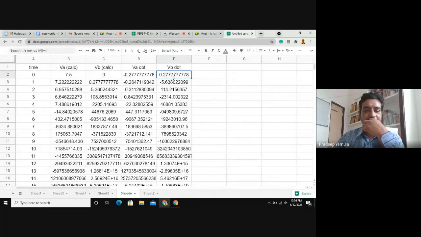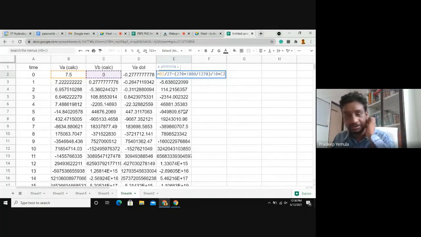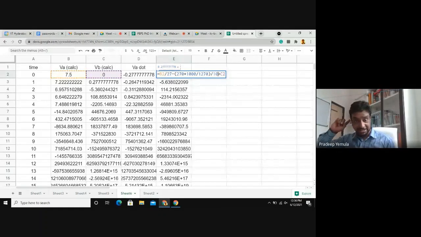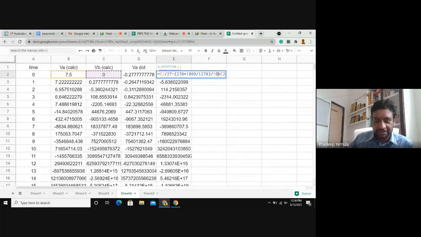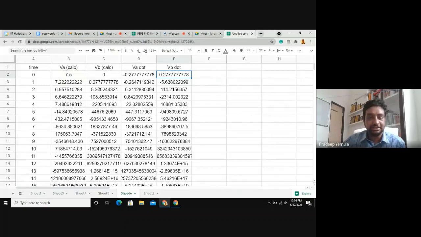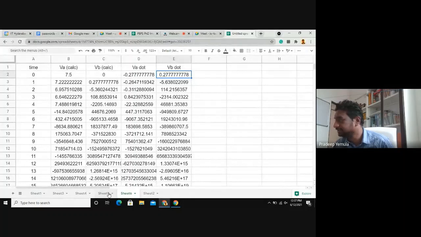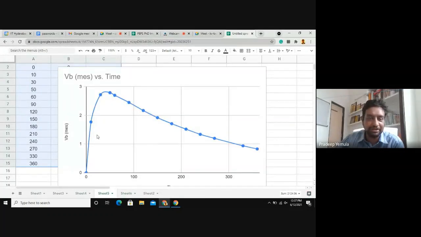I think still there is some error somewhere. Let's do one thing. We will keep it aside for some time, and once the correction is made, I will email it to you. Generally, the idea is that VB will exhibit the same plot as we got in the previous one, like this. It should increase to a certain value and then it should decrease. So somewhere there is a small error because of which we are not able to get that, but it's okay. So again, let me go back to this part.